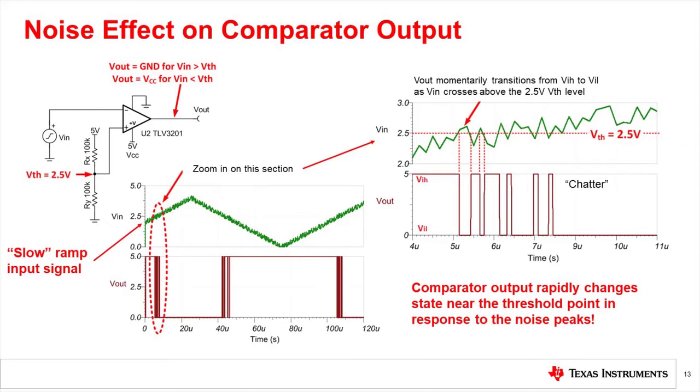This 400 millivolts of separation between your VH and VL creates protection against sudden changes in the output state, since the level of the expected input noise is much smaller than 400 millivolts. Since the comparator is in an inverting configuration, as the signal applied to the inverting input goes above 2.7 volts, the output will transition down to a logic low. Once the input signal is driven below VL, the output will transition from a logic low to a logic high.